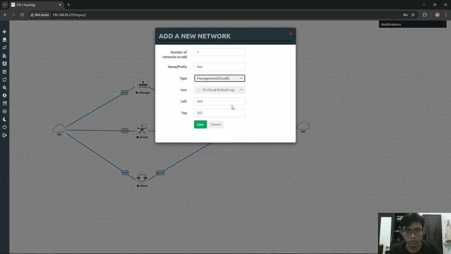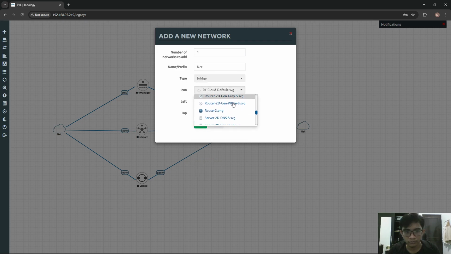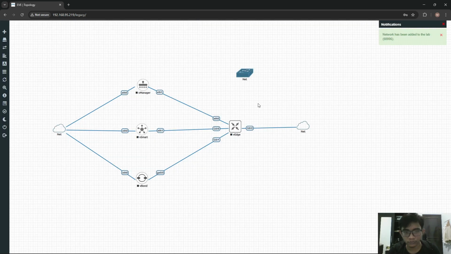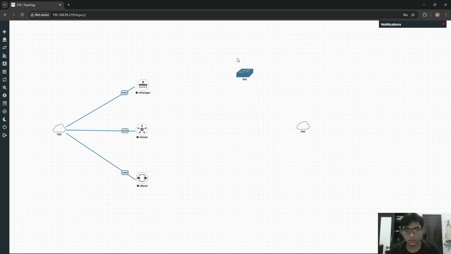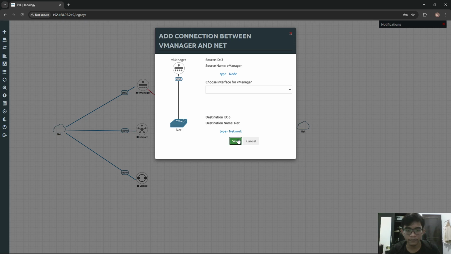I will use a switch instead of a bridge. So I will delete this. Delete, yes. So for the first, vManage will connect to the switch here.